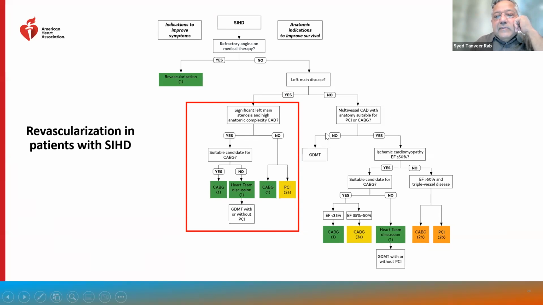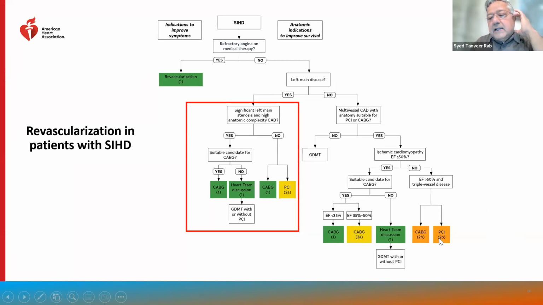If you do not have left main disease and you have multivessel disease with anatomy suitable for PCI or CABG, and you don't have good anatomy, you have complex disease, but it's multivessel without left main disease, guideline-directed medical therapy is a good option. If you do have multivessel disease and low EF, then you should think about CABG. EF less than 35%, definite CABG; EF 35 to 50%, probable CABG, class 2A. If the patient is not a suitable candidate for CABG, even in this group, you can think about guideline-directed medical therapy without PCI. If the EF is over 50%, this is the other big recommendation in